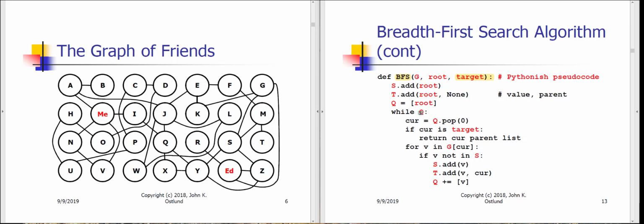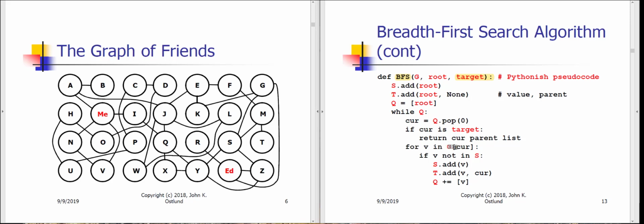Now, as long as there are items at the bottom of the tree, what we're going to do is grab the front item from that queue, and if that node that we've just grabbed from the queue is the target, that is, in this particular case, if the root is Ed, we're done, and we just return the path of items from me to Ed. Of course, me is not Ed, so what we need to do is drop down to this loop and say,